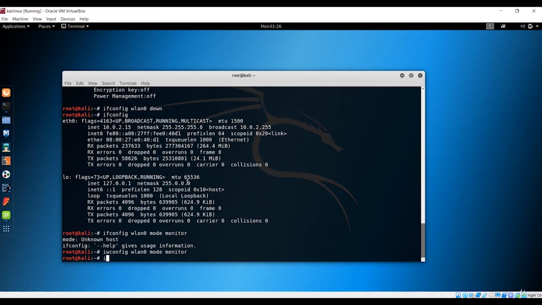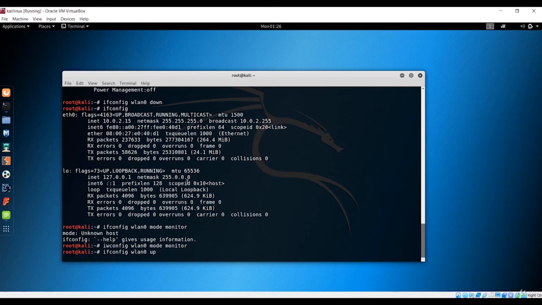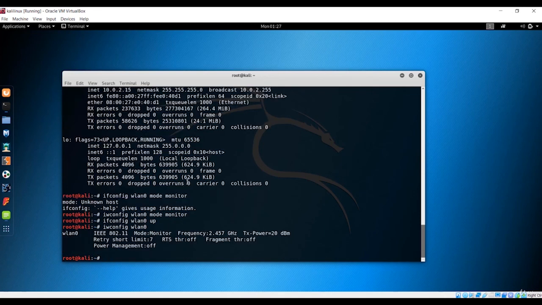We have to bring our network interface, or network card, back up. So I'll say ifconfig wlan0 up, and if I hit enter, now our wlan0 is up and running. If you want to see whether we have changed our interface to the monitor mode, run iwconfig wlan0. This gives the information that the mode has been changed from manage mode to monitor mode.